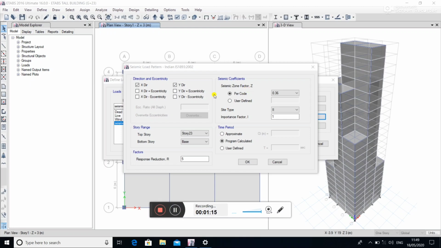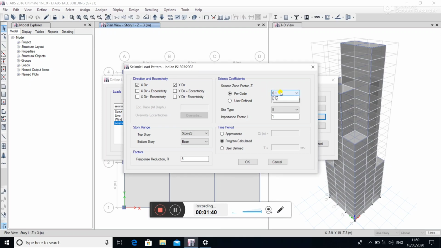For the seismic zone factor, select the code 1893-2002. Our building is designed in Bangalore city, so for Bangalore the zone 2 is to be considered. Therefore, the seismic zone factor Z for the building is 0.1.